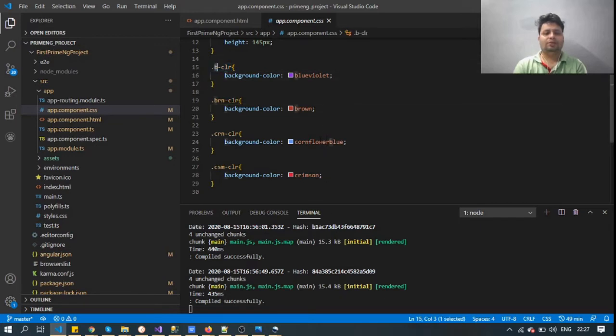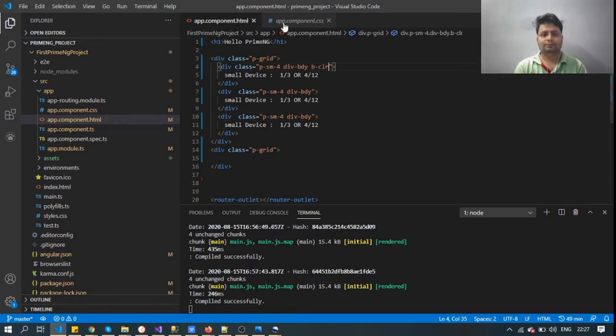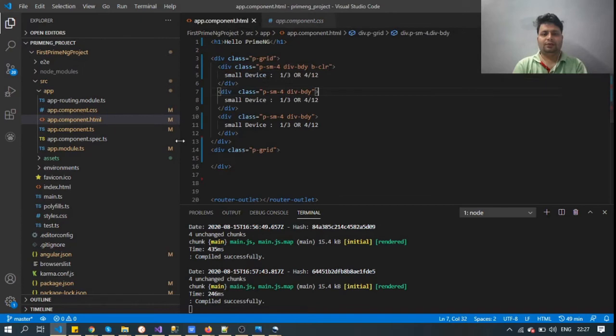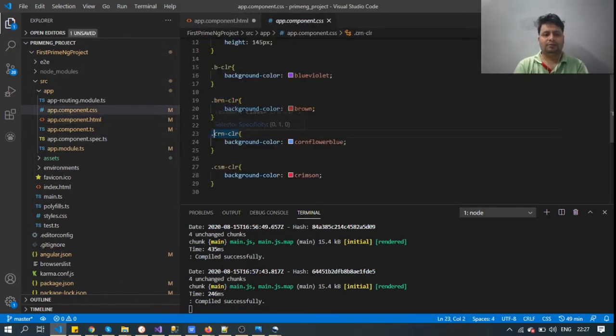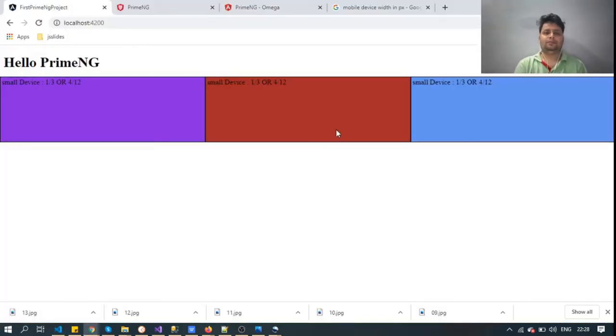So we have just applied those classes to our corresponding divs. These classes are just to show you the design, nothing else. Now copy and paste it. Okay, so now our first row is ready.